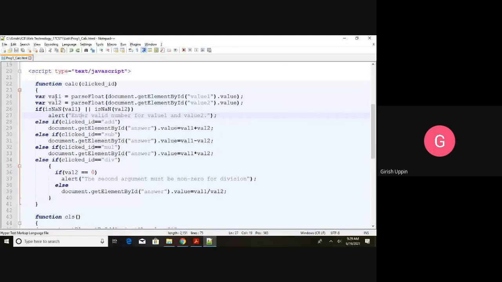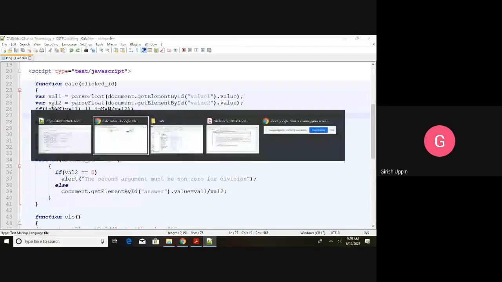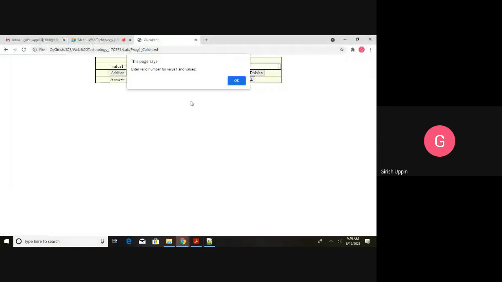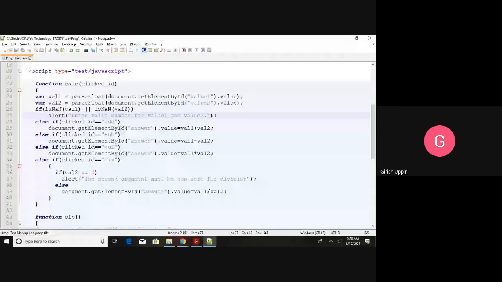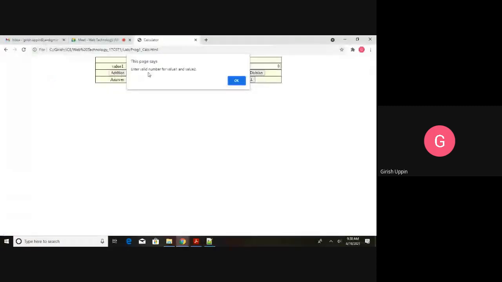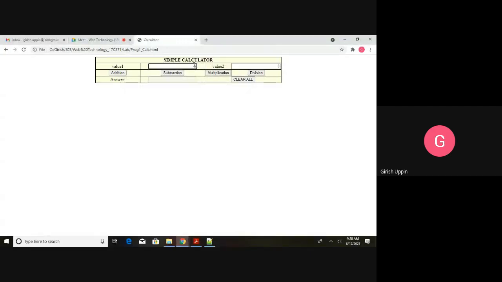This value was a, and this value was 0, whatever it is. Then when it came here, it is not a number, and this is a, so this is true. That is why it came here, and it is showing this pop-up window with this text, enter valid number for value 1 and value 2. Now if, let us say, you give this as a 10 and this is 5,